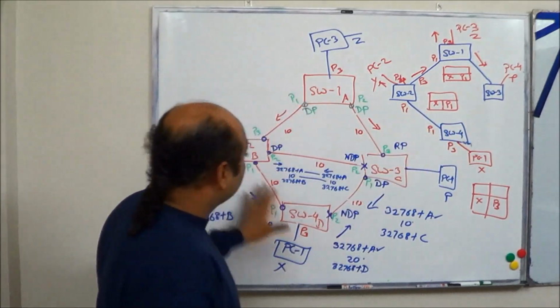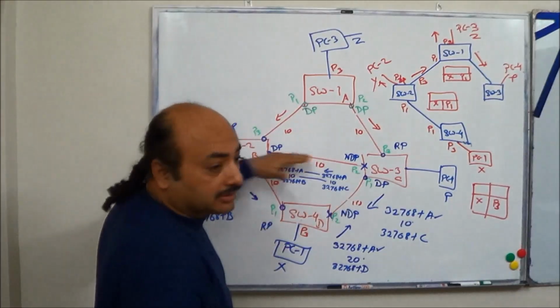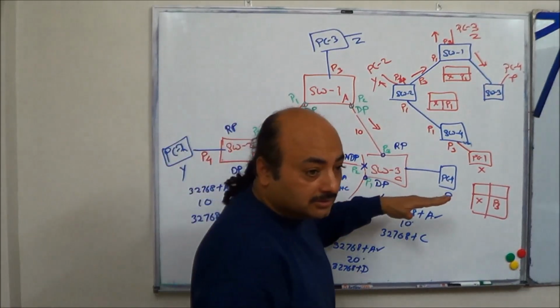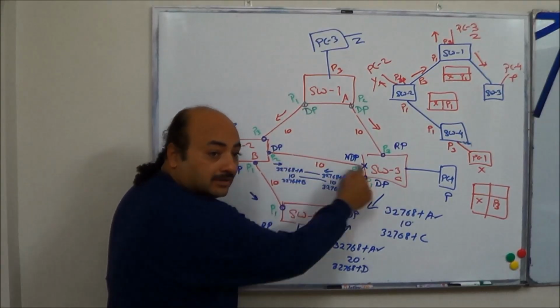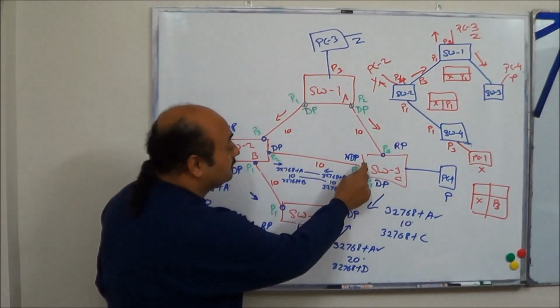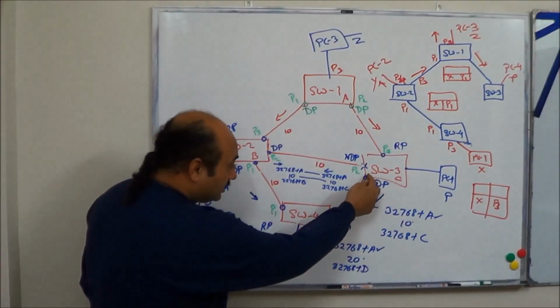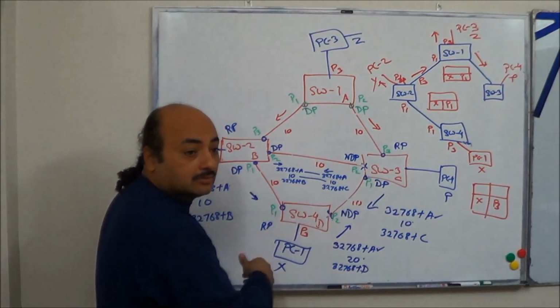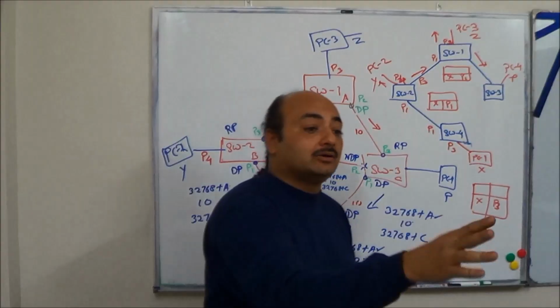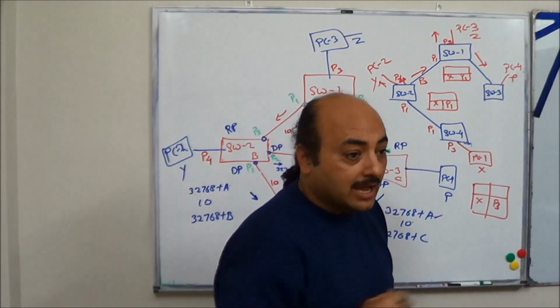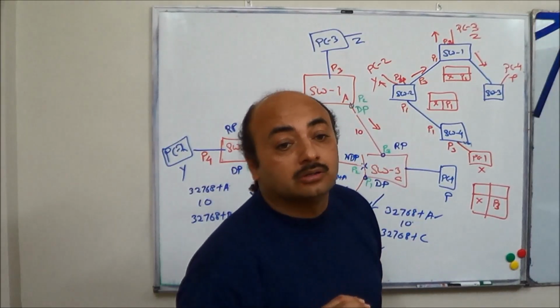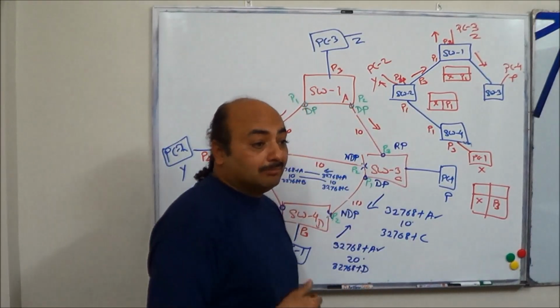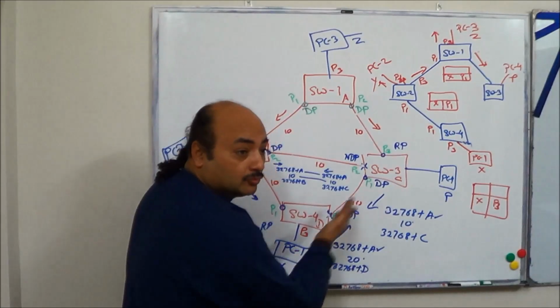This was your physical topology. The cable is still there, connected. Mind it, the BPDUs are still going. The control packets are still going from the DP to the NDP, and they are received because they are control signals. It is saying, I am the DP, you be the NDP, remain blocked. But is any data frame going through?